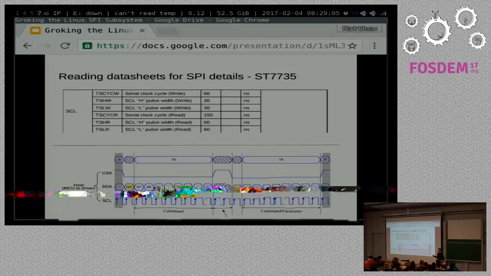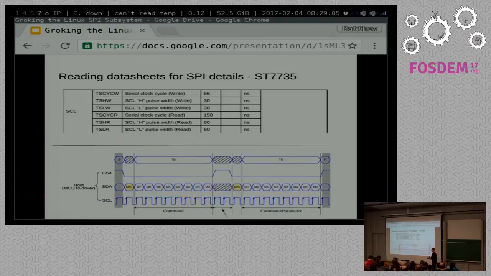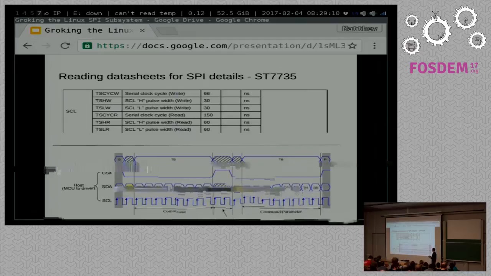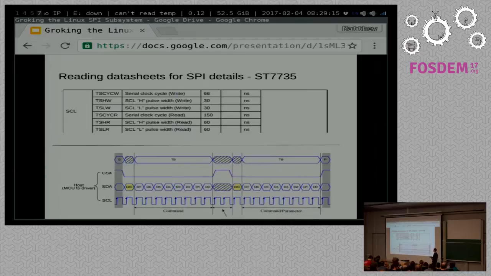In this part, it's got the concept of a data or command type state. You'll find tables like this where now you're talking protocol. It's showing me how, in this case, on the data line, this is a data or command flag. Everything following in that 8 bits is either a command, which could be a register access, or if you're doing data, you may be just streaming your frame buffer,